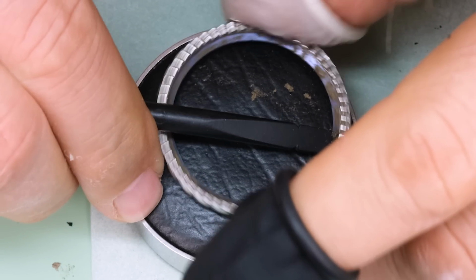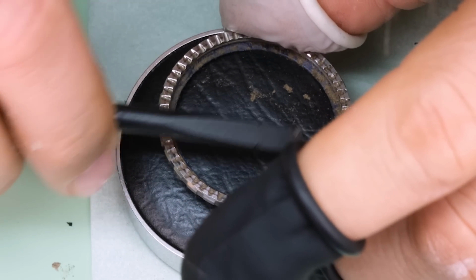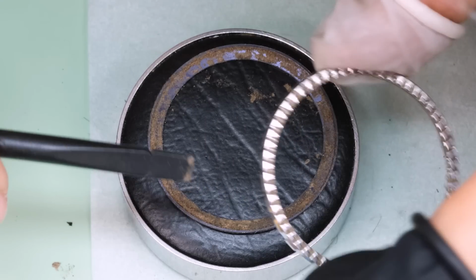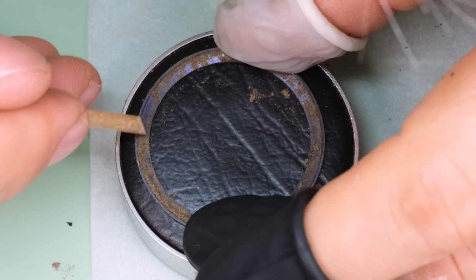For the bezel insert, it's just a snap in into the bezel. So we can gently pry it out with a plastic probe. And look at...